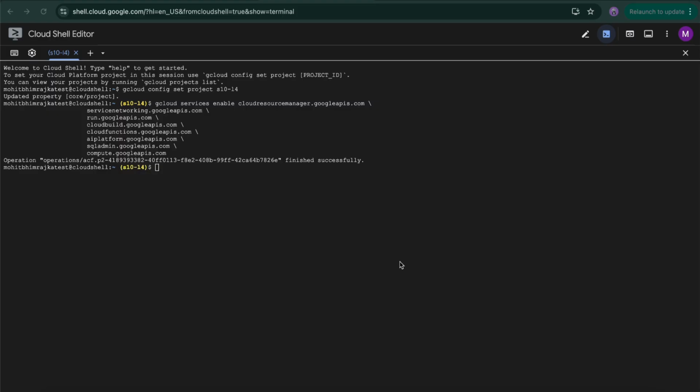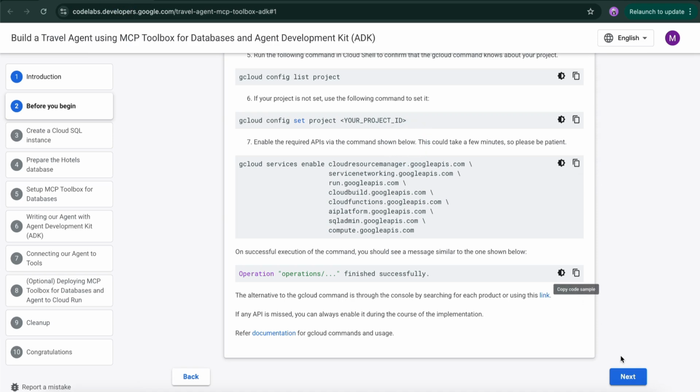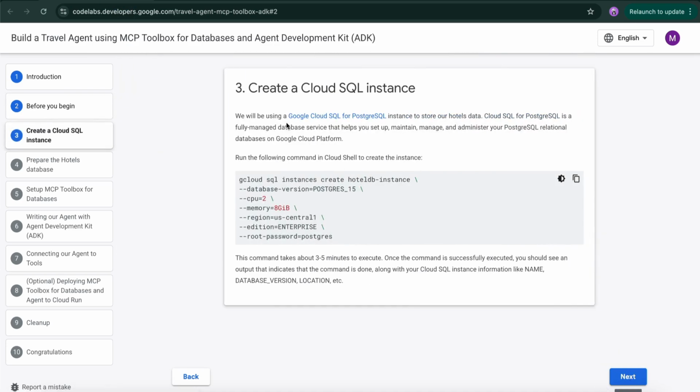You can see once the APIs were successfully enabled without any error messages, I can see operation finished successfully. So I can move on to the next part of the code lab. Next, what we'll do is we'll create a Cloud SQL instance inside our Google Cloud project where we'll use Postgres